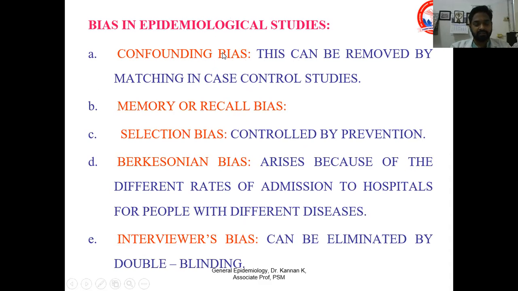Just like I said before, esophageal cancer, smoking, and alcohol. Next, memory or recall bias. This is obvious because we ask the patients what happened when they had the exposure. They might have had the exposure 20 years back or 10 years back. After 20 years of smoking, they might now have developed lung cancer. If you ask patients with a history of 10 or 20 years, obviously there will be a memory or recall bias.